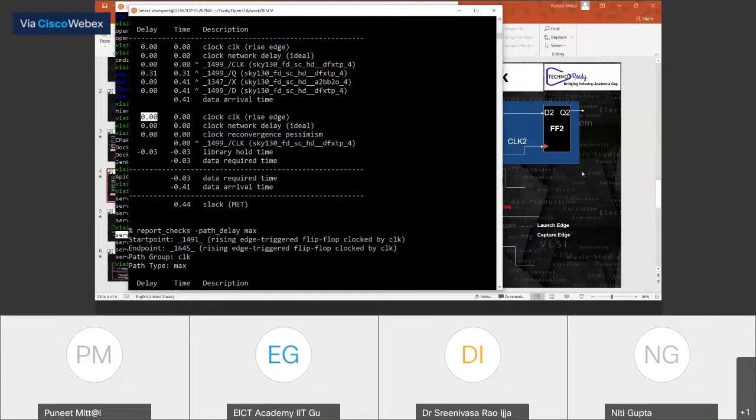One point I want to highlight here: we are not doing right now the multi-cycle path analysis or the half cycle path analysis. This is a single cycle path analysis. Now you may be thinking, what is this multi-cycle path and a half cycle path?